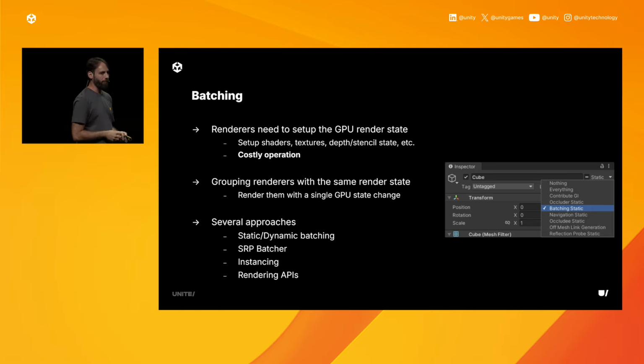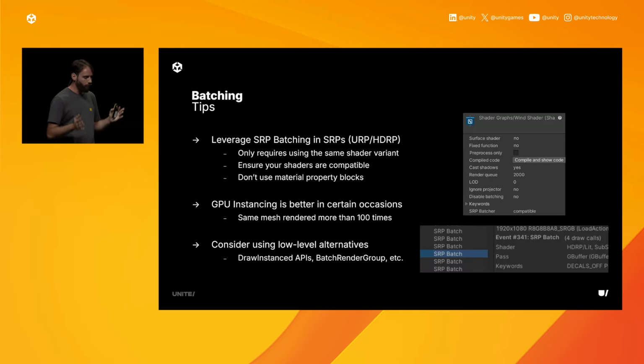And you have plenty of ways to do this. We have the static and the dynamic batchers. We have the SRP batcher. You have instancing. And you can even use low-level APIs like DrawMeshInstanced. So I won't go through detailed explanations on how each one of these options works, but I wanted to give you some tips. Please, the first thing I would recommend you to do is to not skip on the SRP